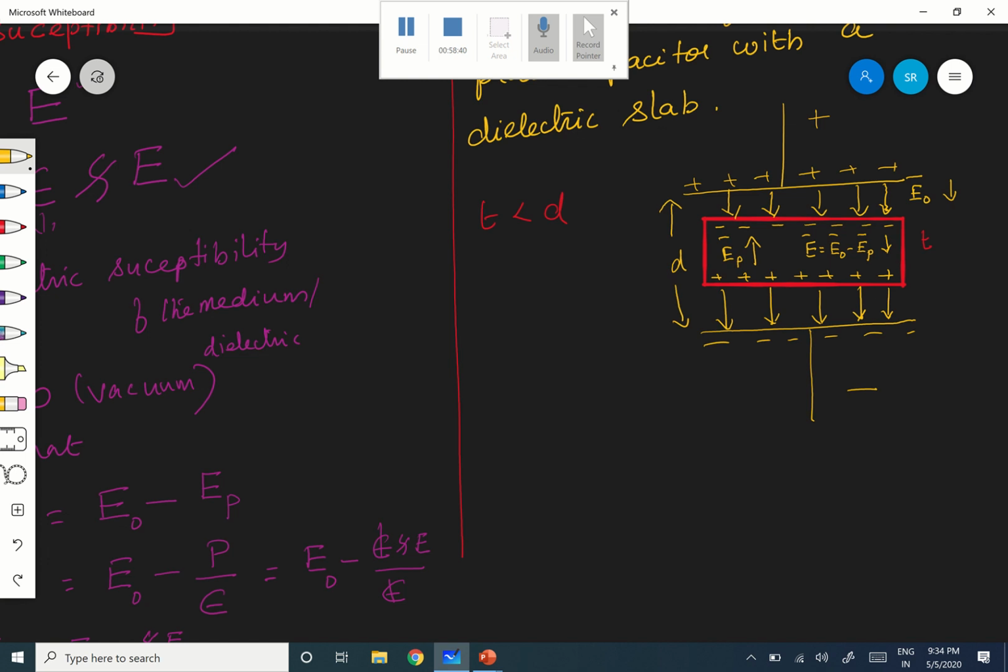Therefore, now, the effective value of the electric field inside is E equals E naught minus EP, okay? Outside the dielectric, the field is only E naught. But inside the dielectric it is E naught minus EP, right? Now, it is a parallel plate capacitor. The capacitance of a parallel plate capacitor, before introducing the slab,